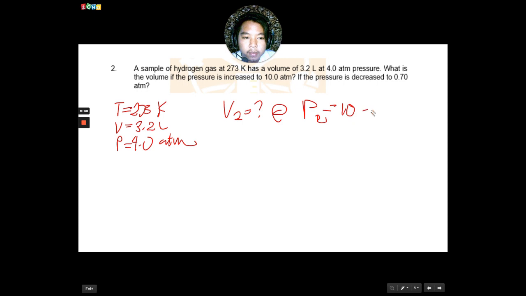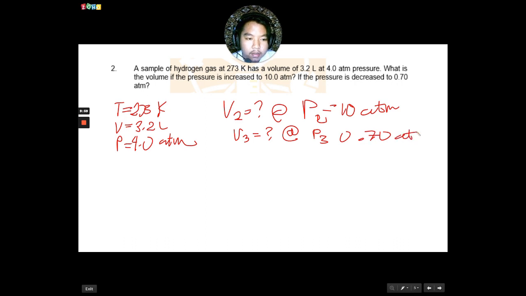So hopefully you can interpret what I'm doing. This is the volume if our pressure will change from 4 to 10. And what would be our volume? I can label it V2, then V3. These are just labels. Question mark if the pressure is 0.70